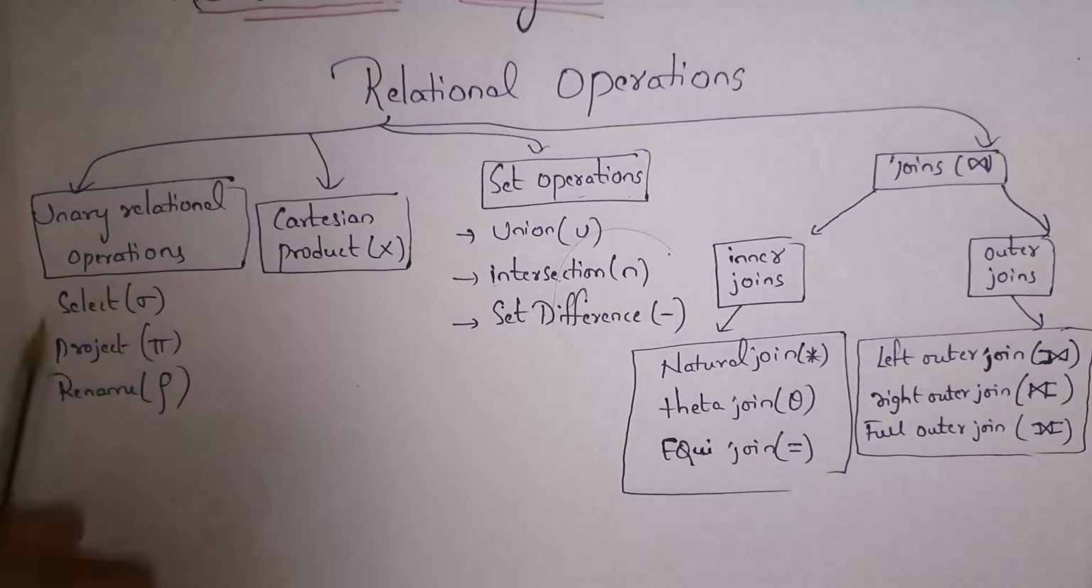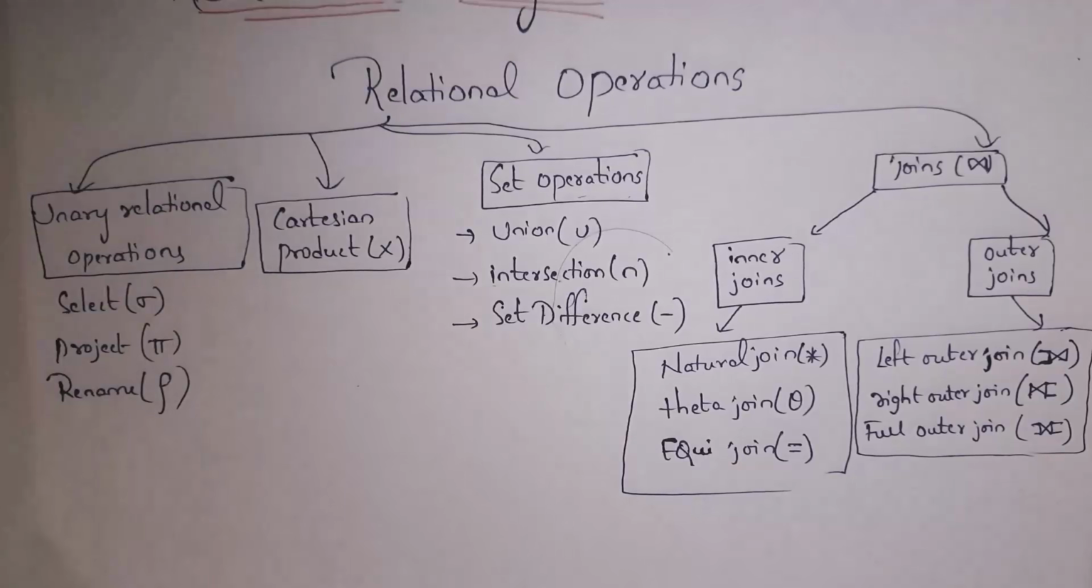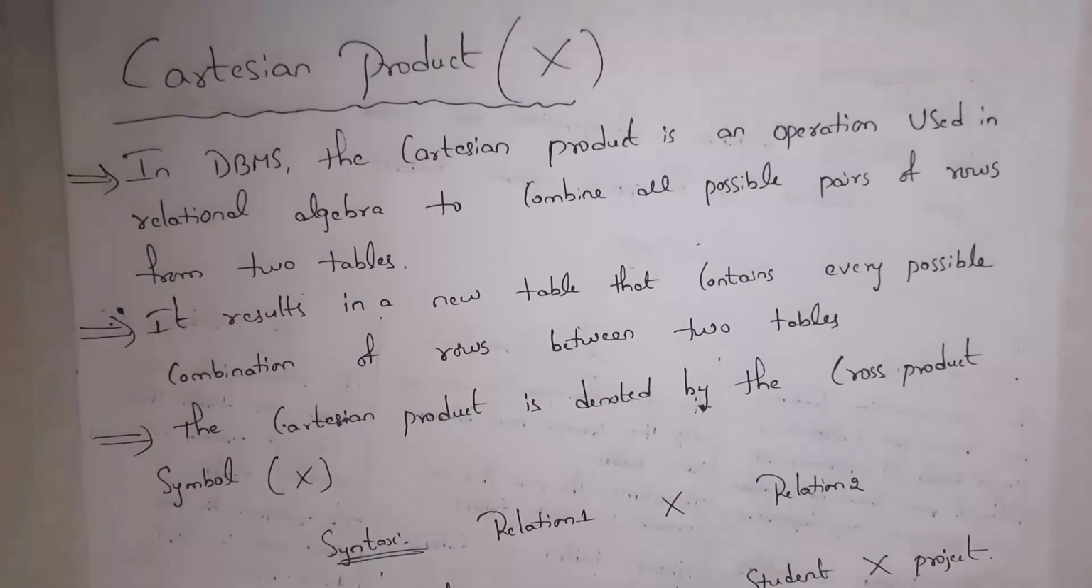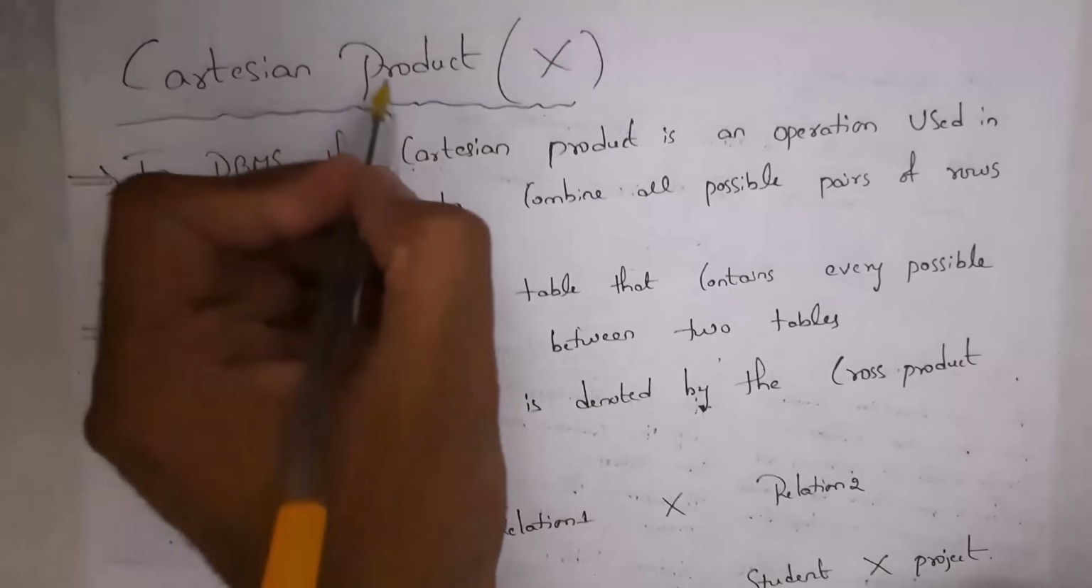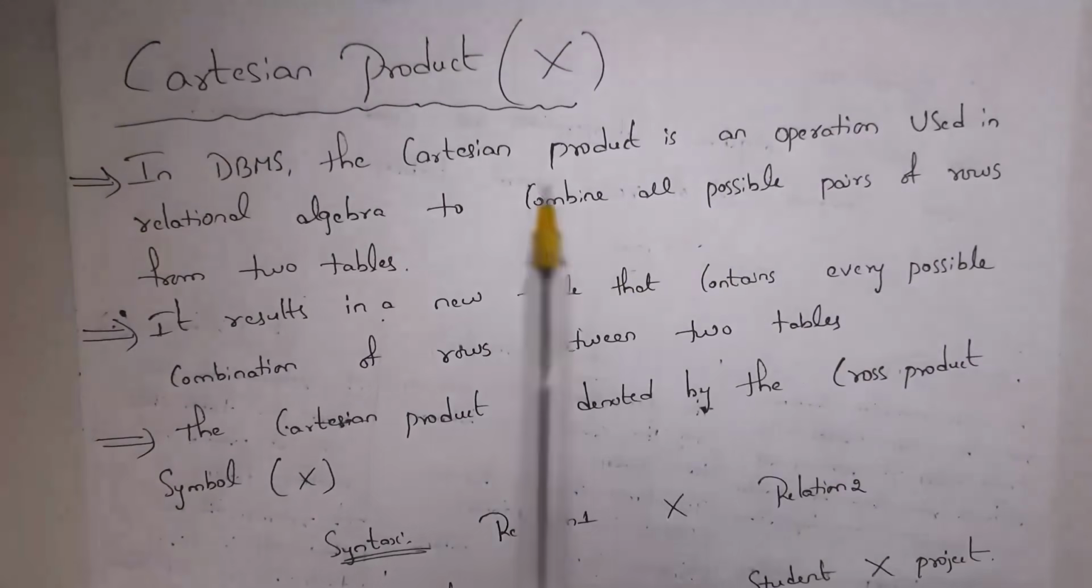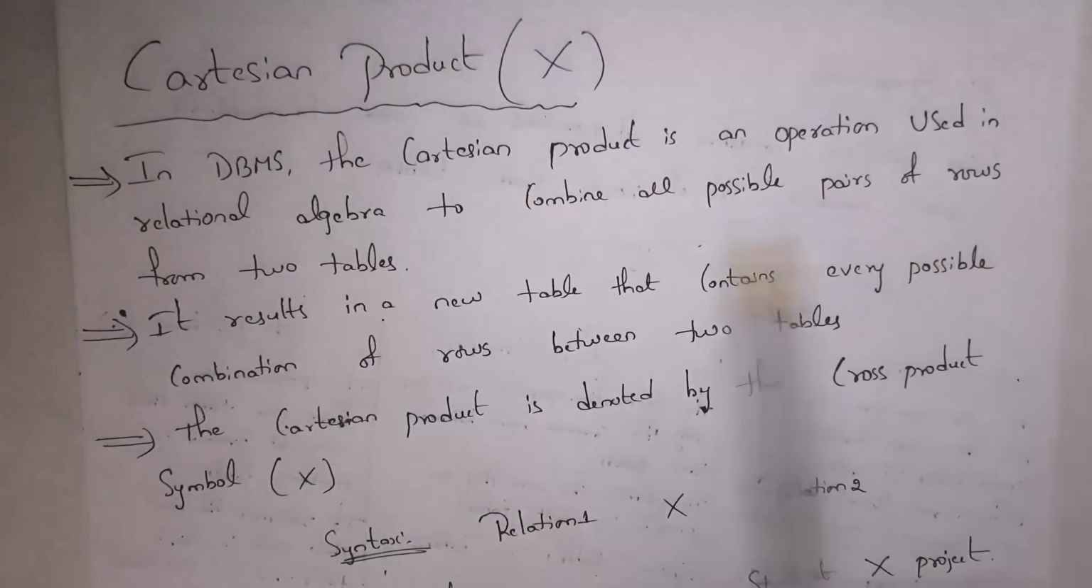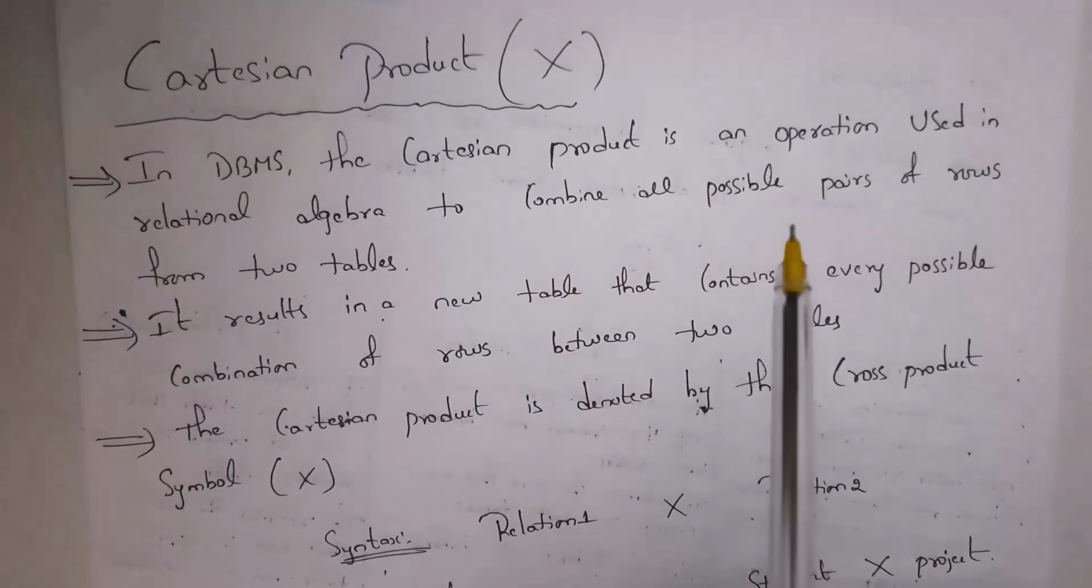These are 3 unary relational operators. Next I will explain what is Cartesian product. The name itself says Cartesian product. Product meaning into. In DBMS, Cartesian product is an operation used in relational algebra to combine all possible pairs of